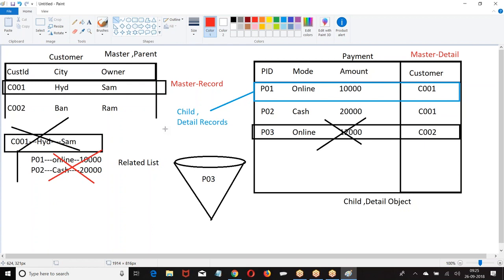Once I create a master detail, that object will not have any owner. Whoever is the owner of the master record is the owner of the corresponding child record. If you delete a master record, child records are also deleted. If you undelete a master record, corresponding child records are also undeleted.